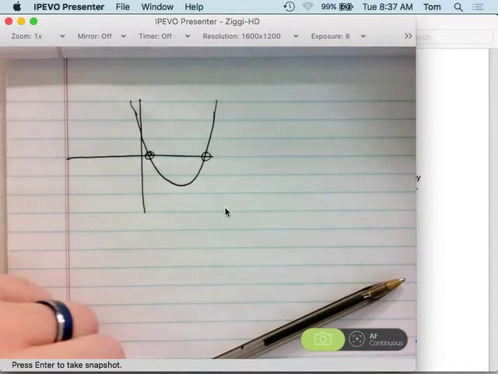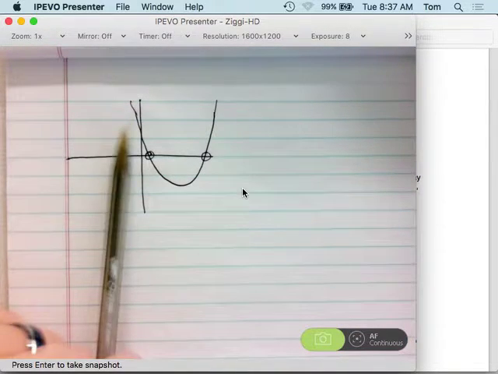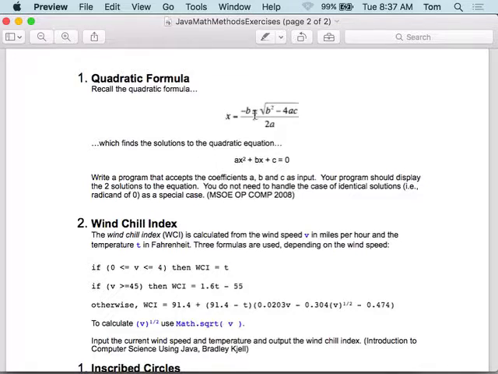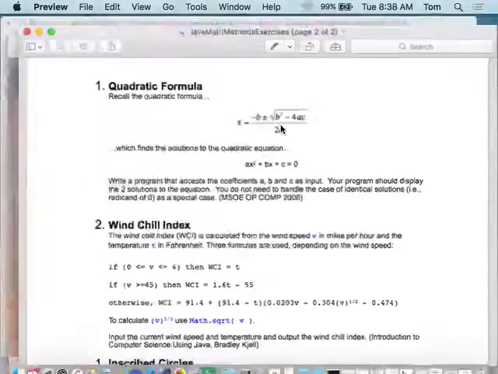If I know the equation of this parabola right here, I can use the quadratic formula to find those two values. Opposite of b plus the square root of the discriminant, and then divide that by 2a. The second root is going to be the opposite of b minus the square root of the discriminant, all divided by 2a. Okay, so anyway,